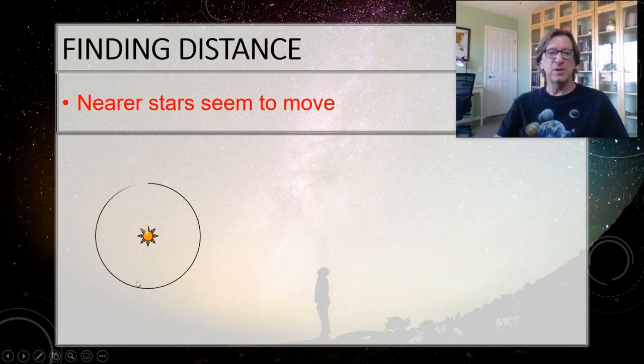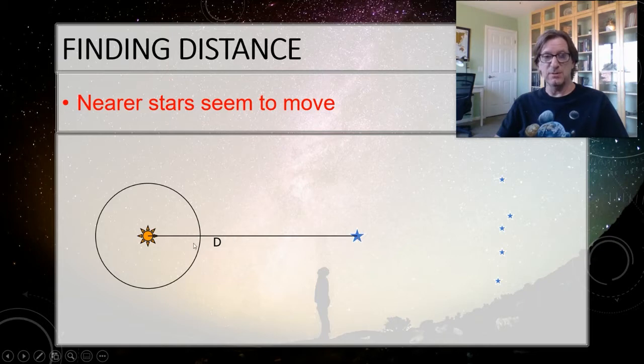So here's the sun, and this is the orbit of the Earth. The Earth takes a year to go around the sun. We've got these background stars here that are so far away they don't seem to move. And then there's this foreground star, this near star, that I want to figure out the distance to. We'll call that distance d. When we're talking about the distance, we're talking about the distance from the sun to that star.